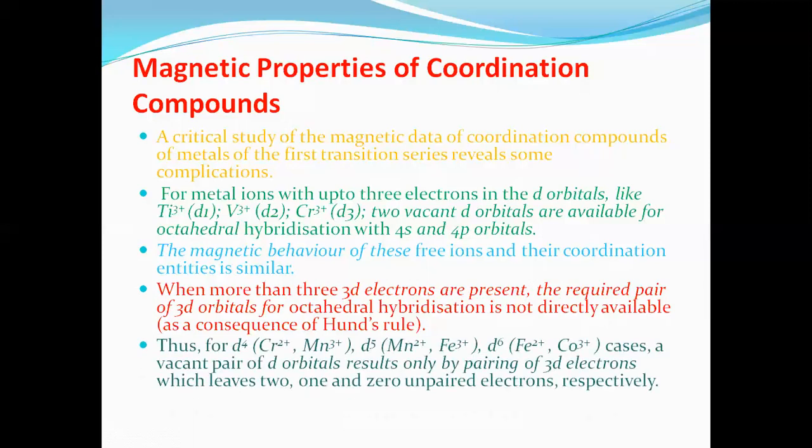The question is about 4 electrons, that is d4, d5, d6. Now, in the case of d4, whether the complex is paramagnetic with respect to 4, or whether the last d orbital unpaired electron gets paired, is the question. Or if the d5 central metal atom has 5 electrons in the d orbital, the question is whether all 5 electrons remain unpaired or the last 2 electrons get paired. Similarly, the d6 configuration is the case we are going to study here.